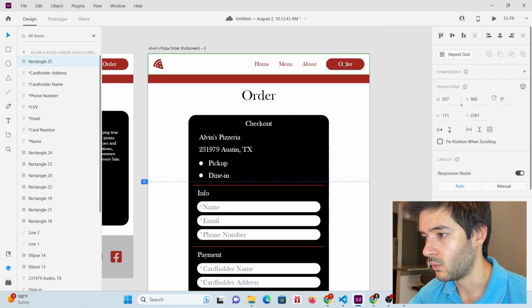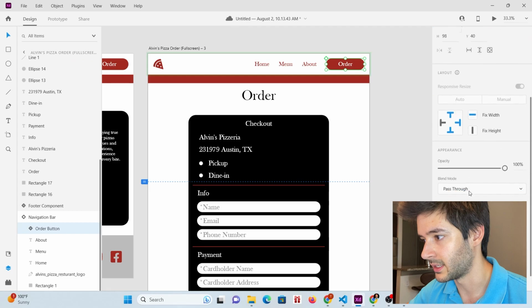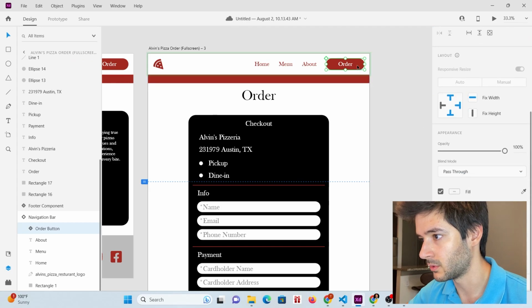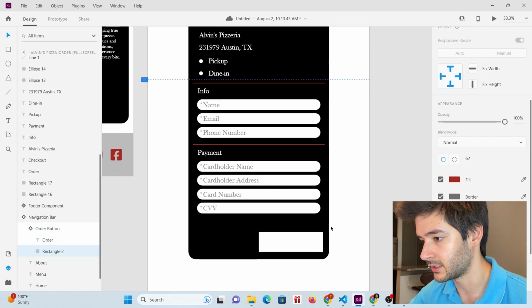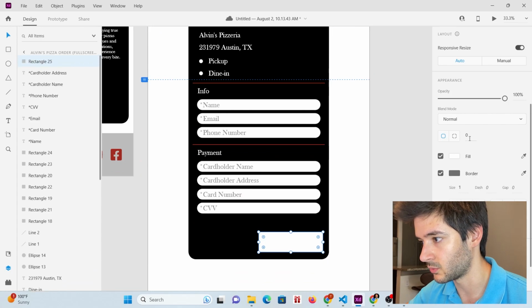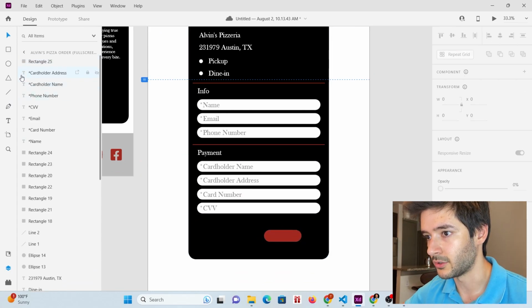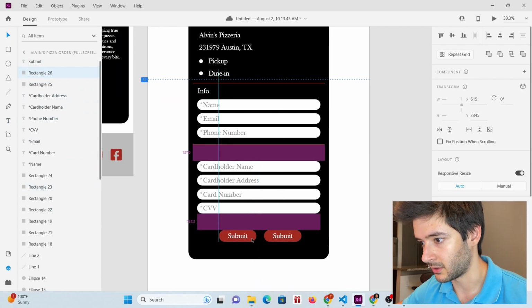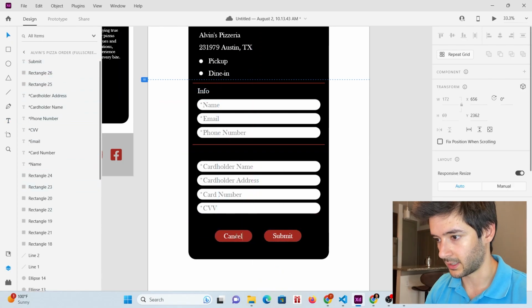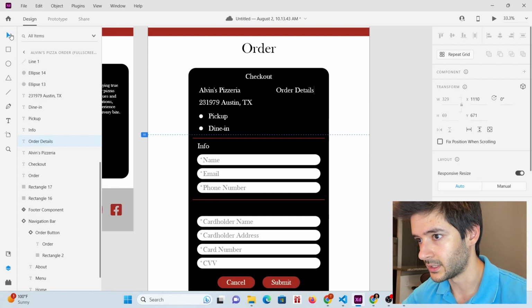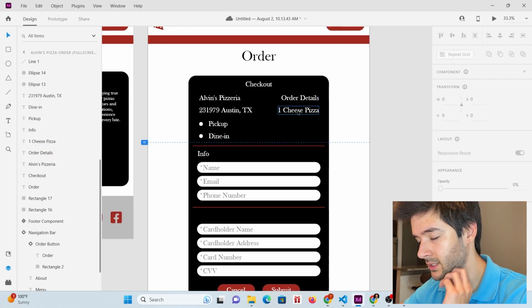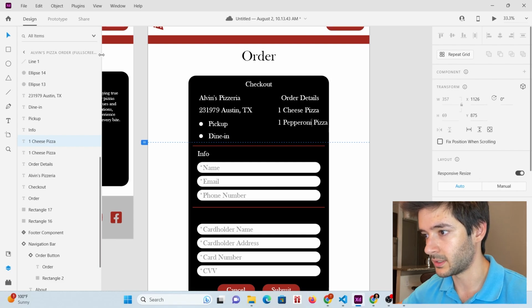And then I want to see what proportions I have on this button here. So what we're going to do is, that's 62, so we're gonna make this 62 as well. Shrink that down. Then what I wanna do is go ahead and get that text again, submit. Then we wanna copy all that over one more time. We'll add our cancel button. Order details. All right, so now we have our order details up here at the top, pepperoni pizza, and that'll